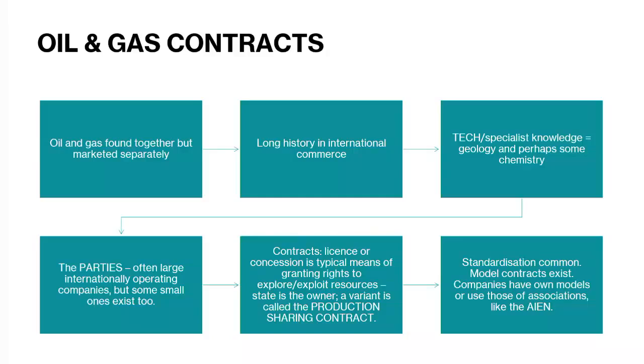And an alternative that was developed a long time ago by Indonesia was called the production sharing contract. Very, very popular type of arrangement now. The oil comes out of the ground. Then there's a sharing of the resource between the government and the company. A good example would be, say, Algeria.